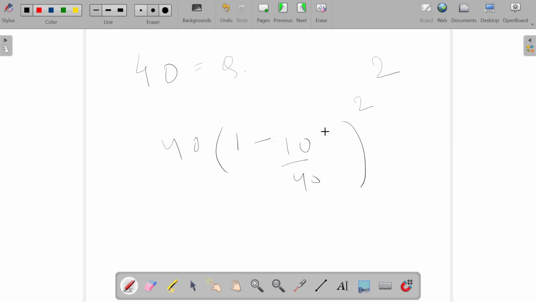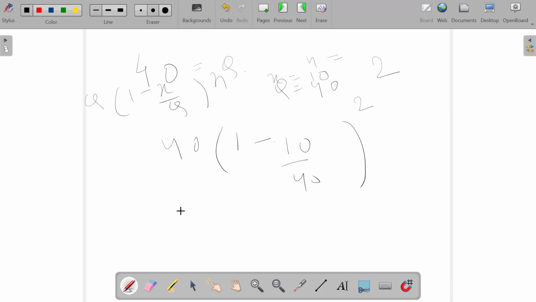To the power 2. Because what is the formula? Our formula is Q into 1 minus X by Q to the power N. Here, if you look, N is 2, X is 10, and Q is 40. So we have applied the formula: 40 into 1 minus 10 by 40 to the power